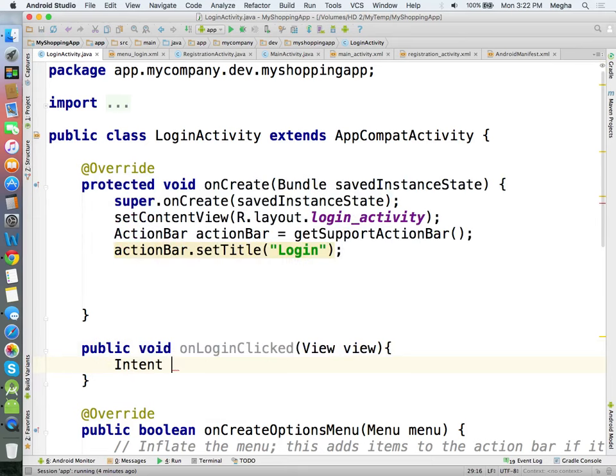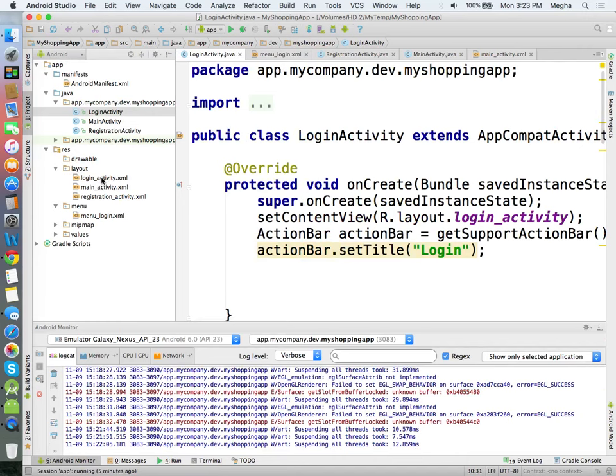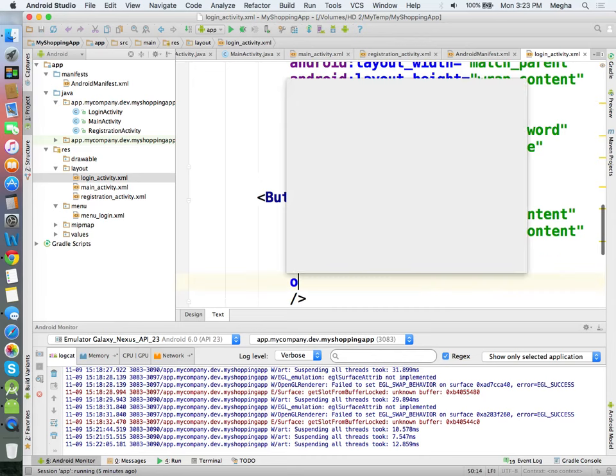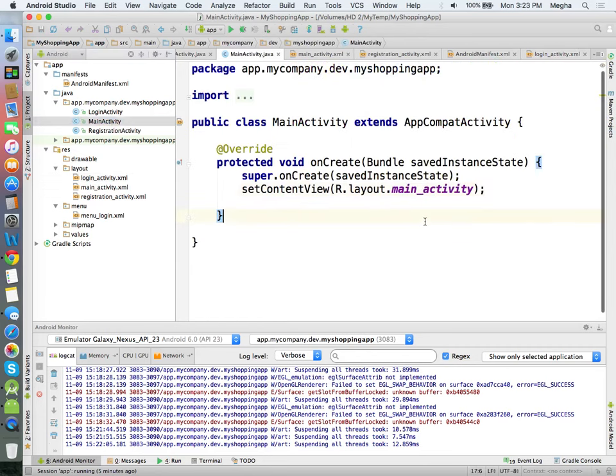Whenever it is called, it's going to call new main activity.class and start it. So when the user clicks on the login button, it is going to take me to the main activity.